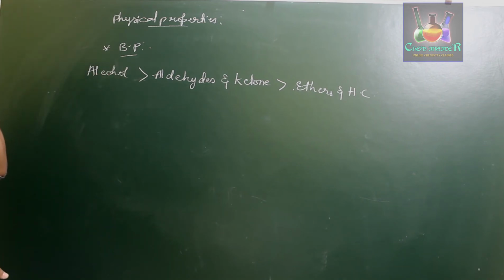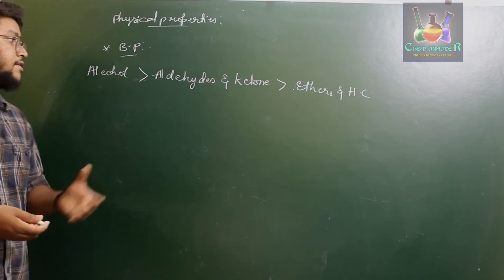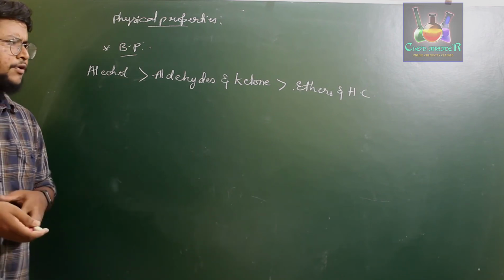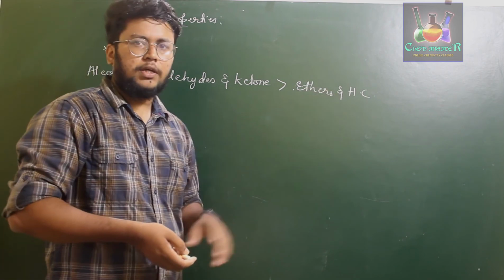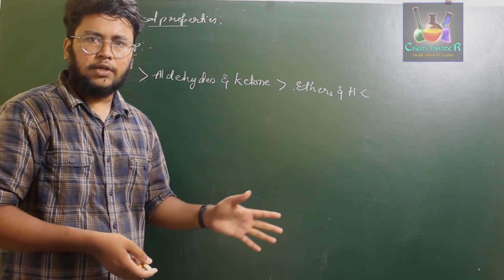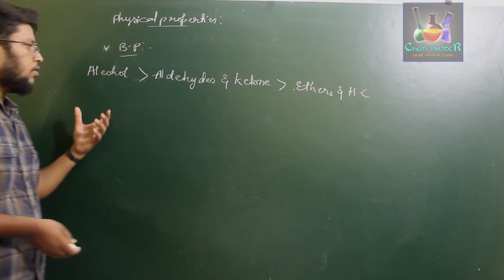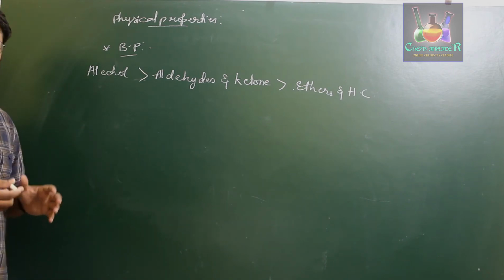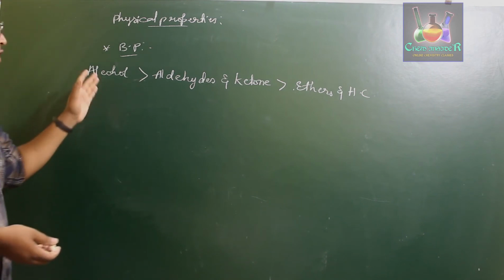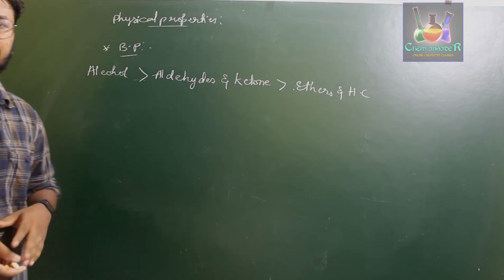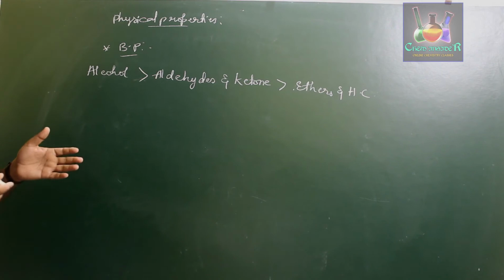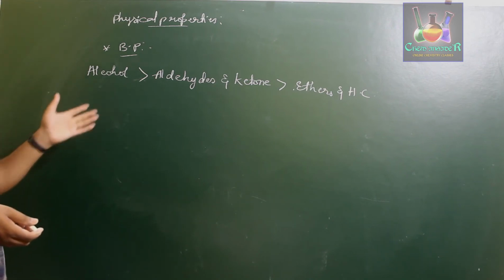That is because aldehydes and ketones don't have as high an extent of hydrogen bonding as alcohols, but they do have some, unlike ethers and hydrocarbons. Ethers and hydrocarbons do not have hydrogen bonding possible between molecules, whereas alcohols have a very high extent of hydrogen bonding. In aldehydes and ketones, the extent of hydrogen bonding is intermediate between alcohols and ethers or hydrocarbons. Therefore, aldehydes and ketones usually have an intermediate boiling point when compared to alcohols, ethers and hydrocarbons.